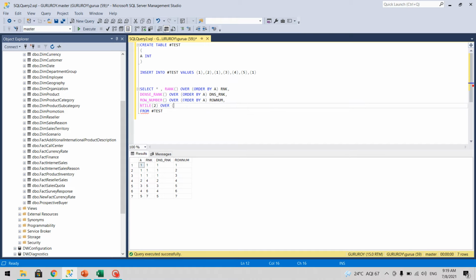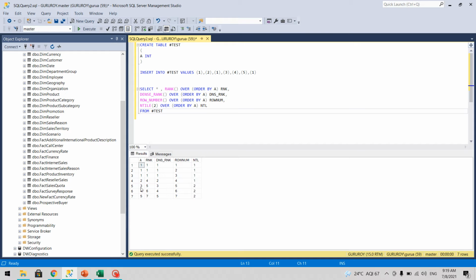Same, we'll use order by A. And let's see the answer. So it created 2 groups and gave them ranking such that this set of rows is 1 and the other set of rows is 2. So this is how all these ranking functions work.